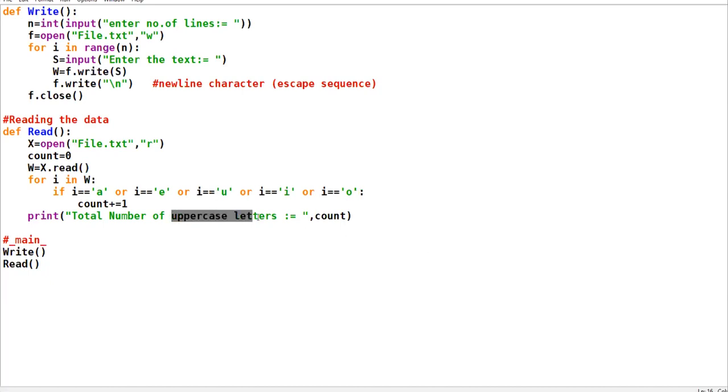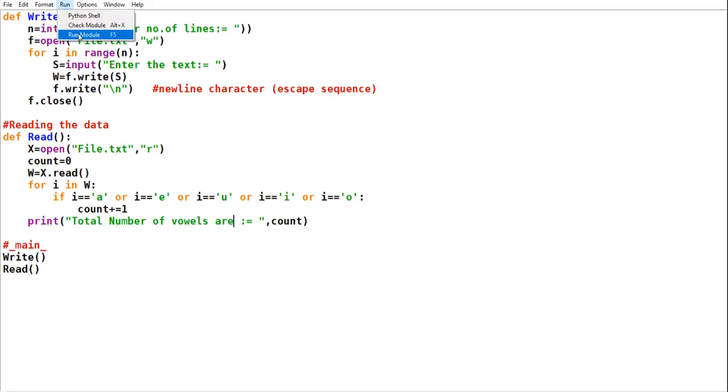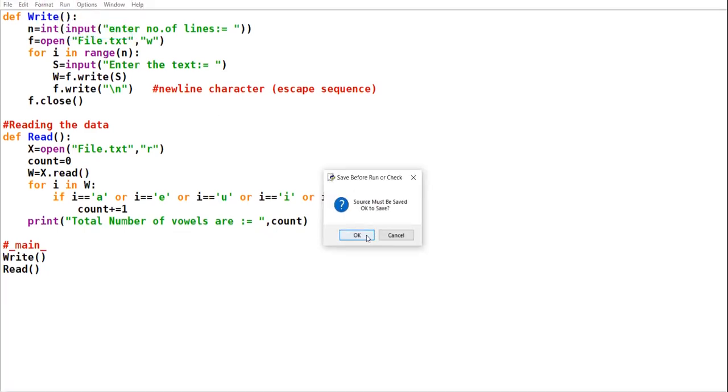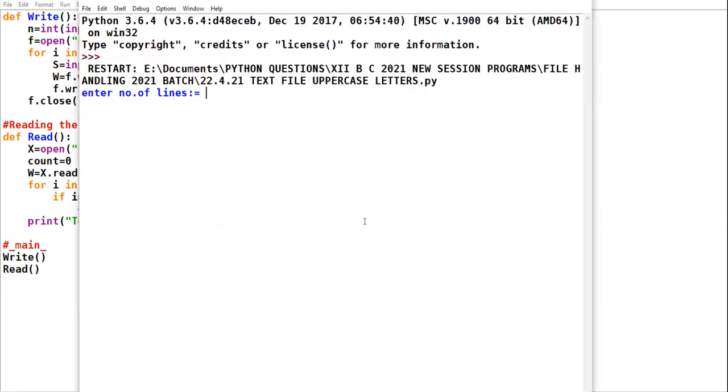Total number of vowels are... one line A, E, R, R, O, P, L, A, N, E. Now, as per the concept of the program, the lowercase vowels are 3.